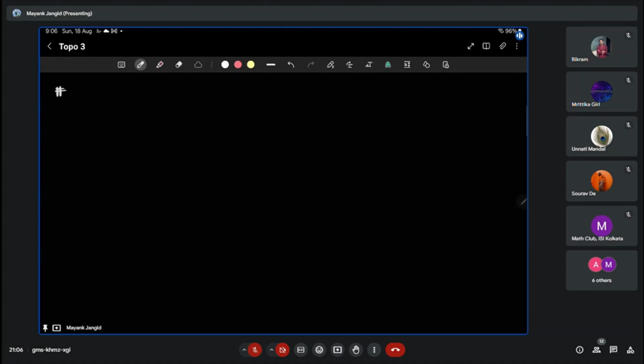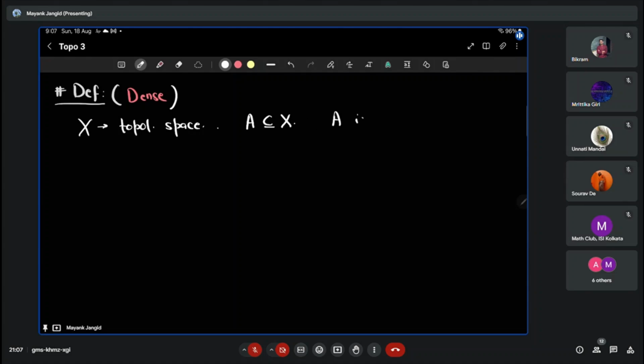In the first lecture, we defined dense subsets of matrix spaces, and we proved one equivalence of denseness using open sets. We will take that equivalence to be a definition of dense sets in a topological space. So definition: dense sets. X is a topological space, and A is a subset of X. Then we say that A is dense